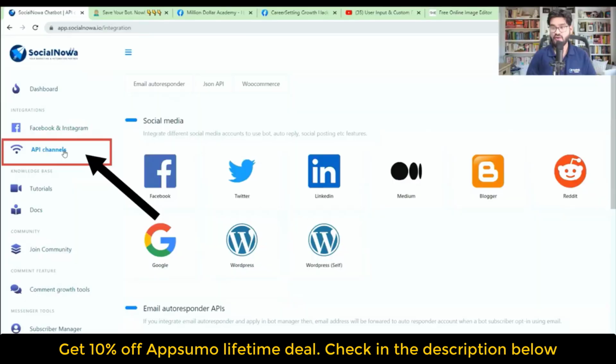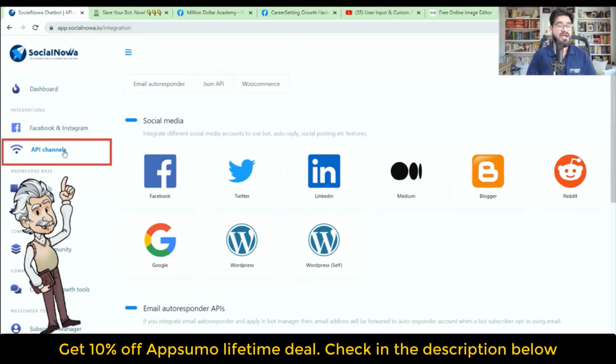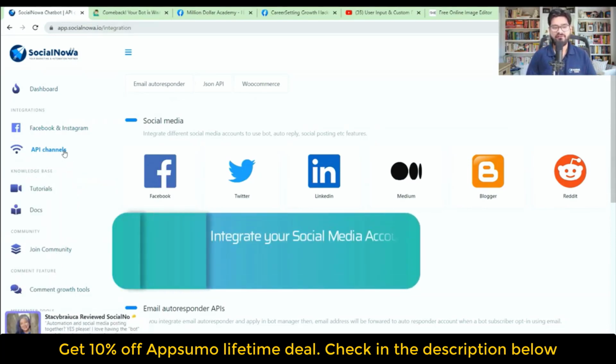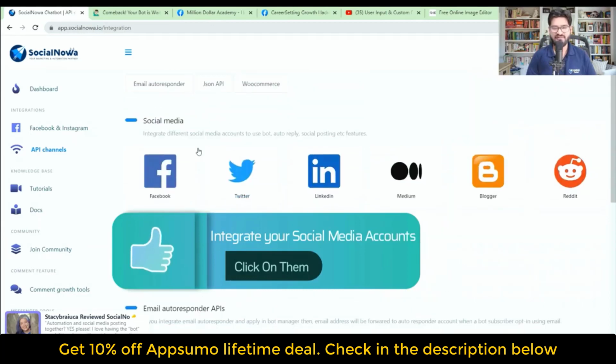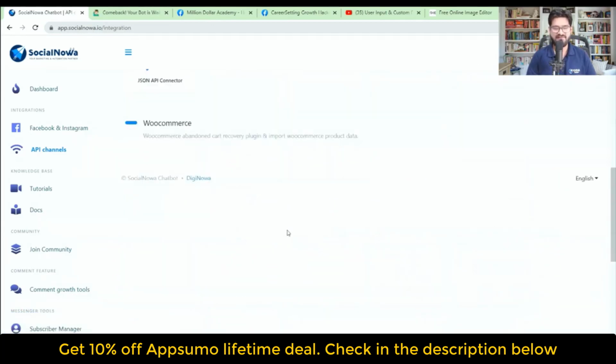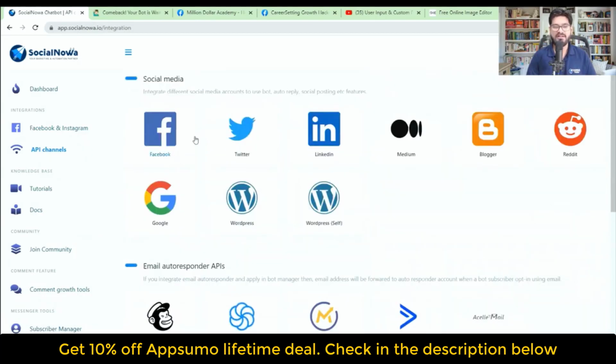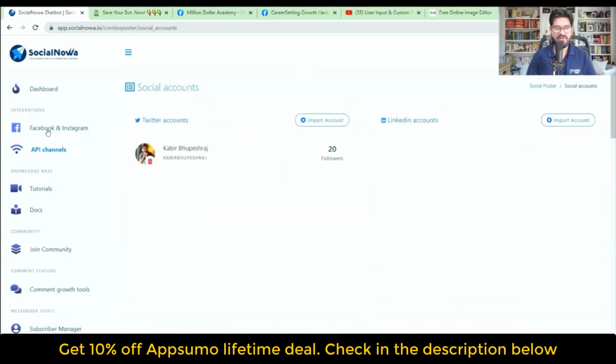API channel, as you know, SocialNowa Chatbot is not just a chatbot, it also comes with the great feature of social media scheduling and social media automation. For that, you will have to integrate all your social media platforms. So these are the platforms, not only social media but also email and JSON API connector. So you can go here and click on them and you can integrate any of the social media that you want. Okay,